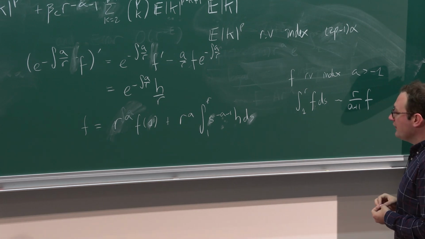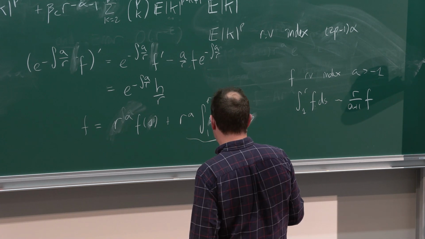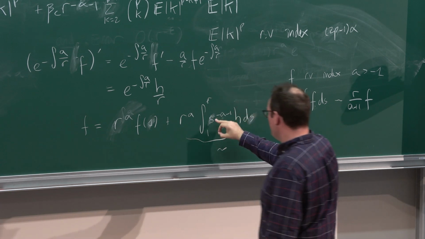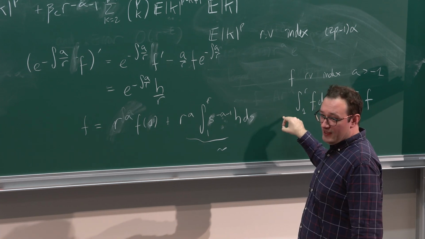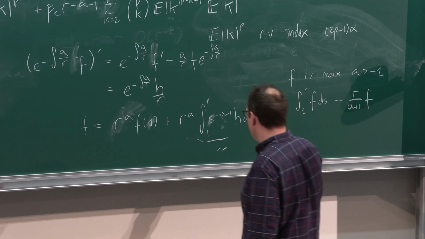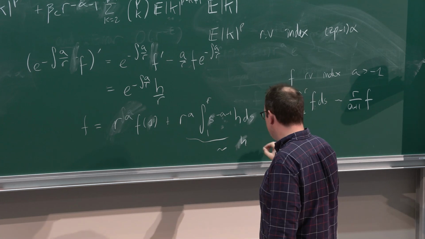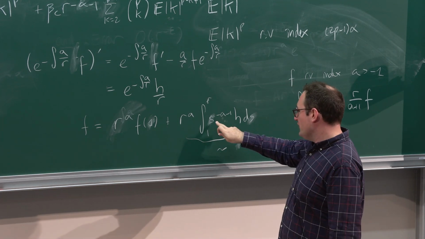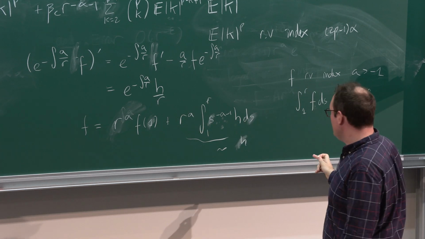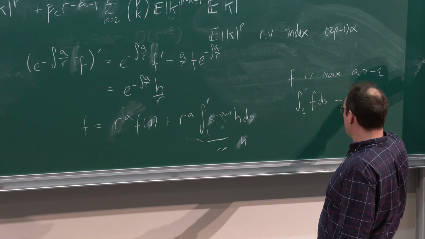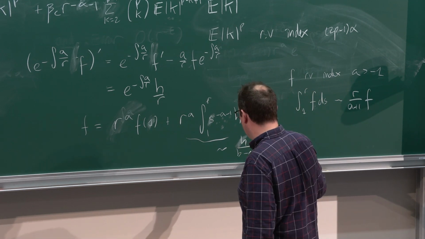So if you just apply that here, you get that this term is asymptotic to, well, the index of regular variation here is b minus a minus 1, right? So in total I get h. Also, this s to the minus a cancels with this r to the a when I use the asymptotics, and this r to the minus 1 cancels with this r. So I get, in the end, h over b minus a, if b is bigger than a.